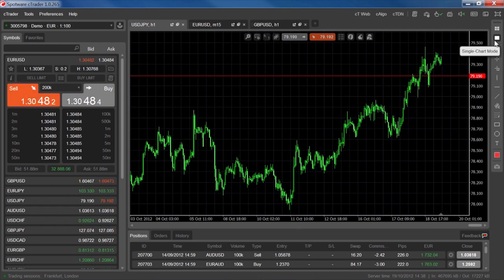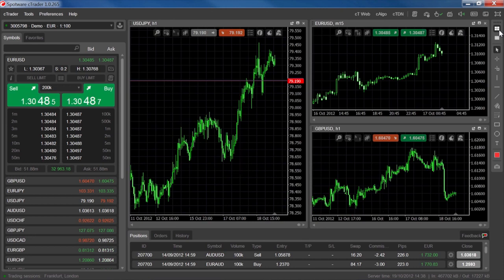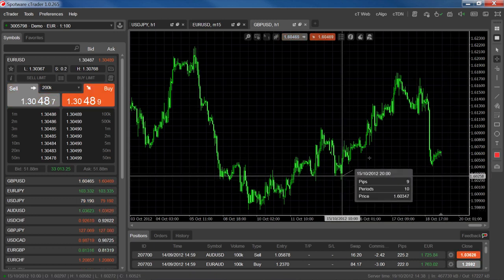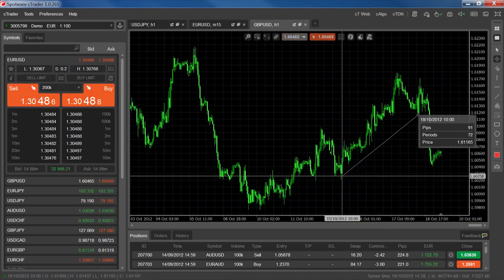The first two options for the toolbar let you switch between single chart mode and multi-chart mode, where you can view all your charts at once. The crosshair highlights coordinates for any point on the chart. Click and drag the crosshair tool to create a line between 2 points. The distance between the 2 points will be measured for pips, time periods, and will also show the date, time,